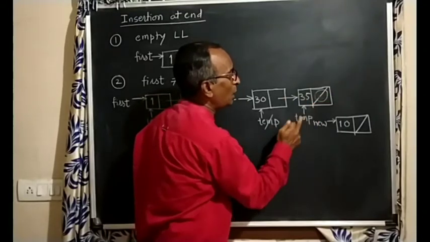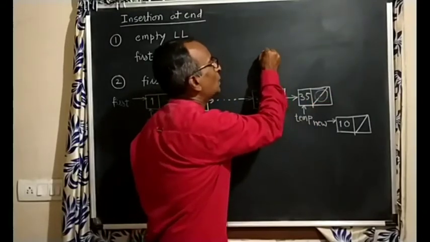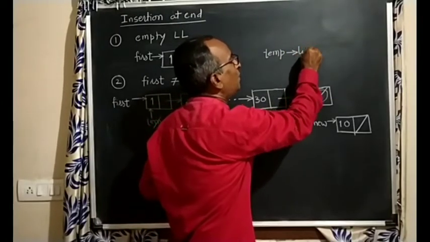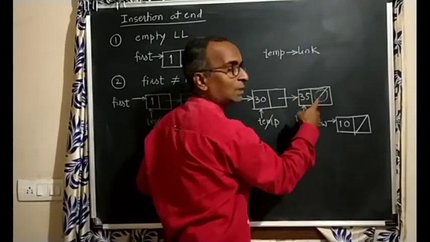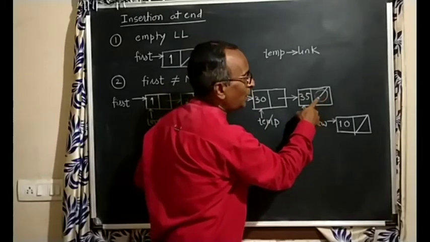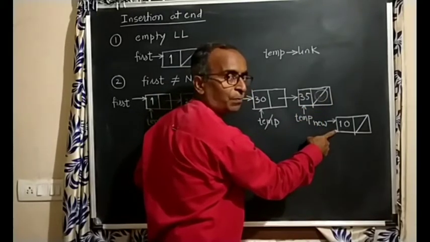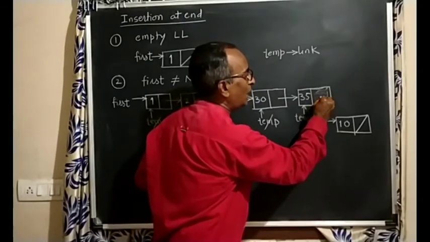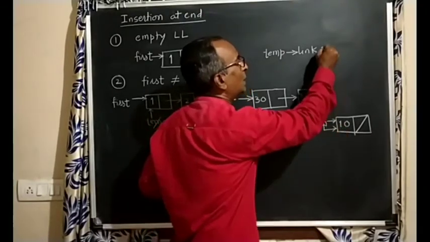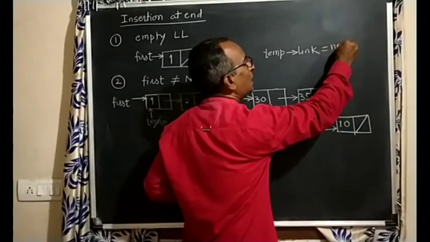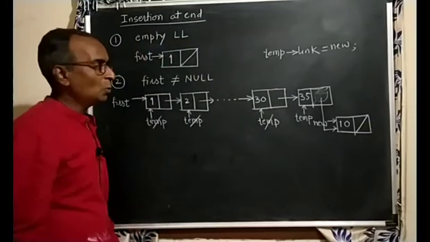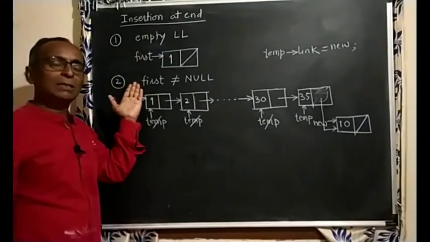This node is pointed by temp. So temp's link field I can access now. Now where should it point? To this node. What is this node's address? In new. So if I give new's address to this temp's link field, that's it. Insertion is over. So what we have done, if the linked list is not empty,